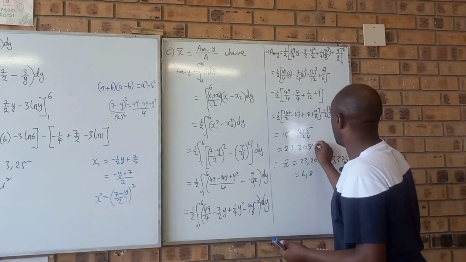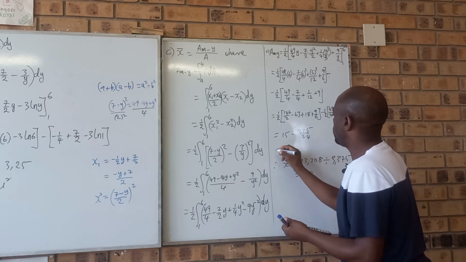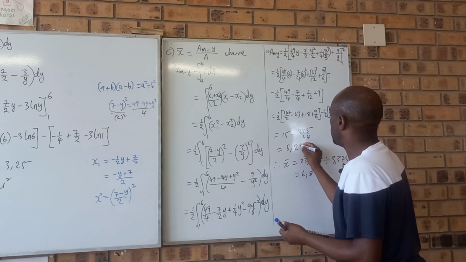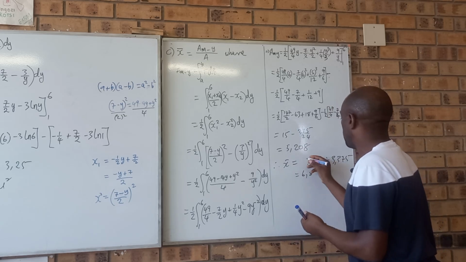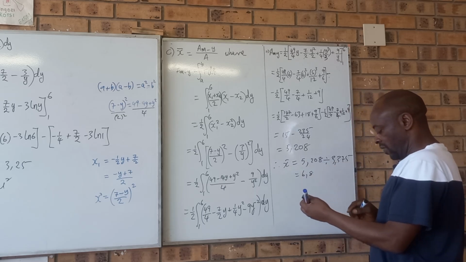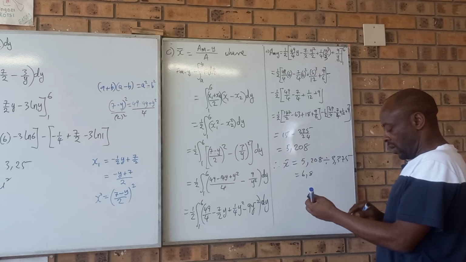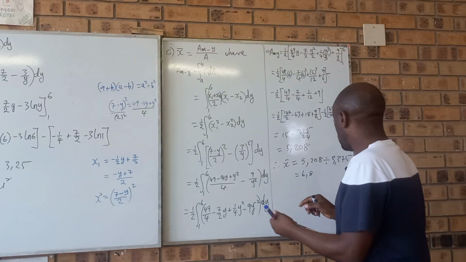So this is obviously getting me closer to what I want now. It's 5,208. So here I should be having 5,208. So if I divide 5,208 by 3,375, it takes me to